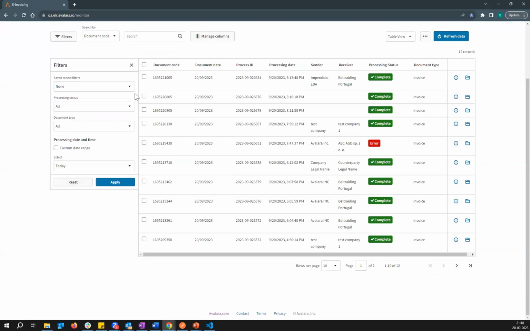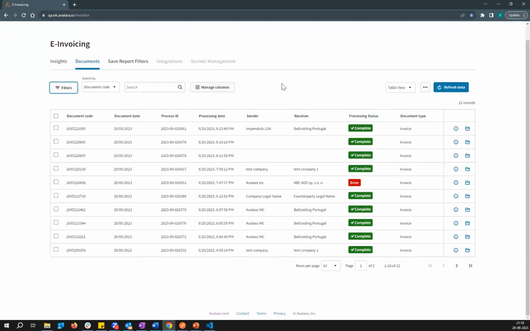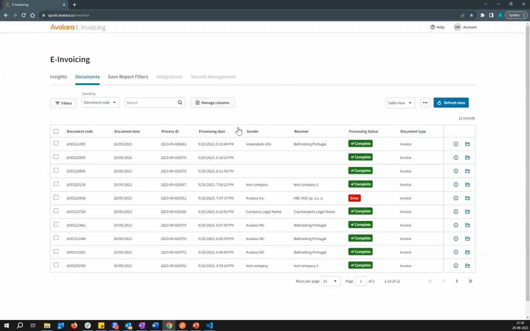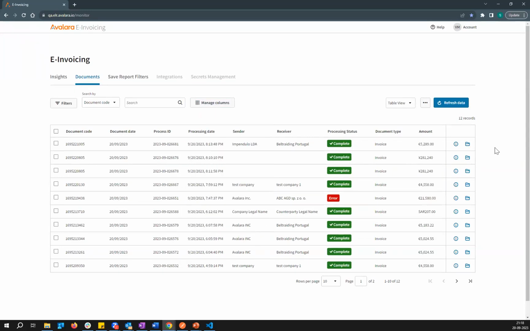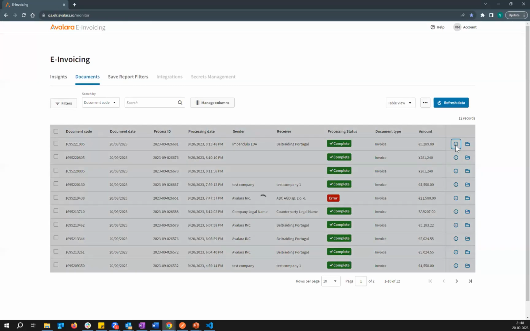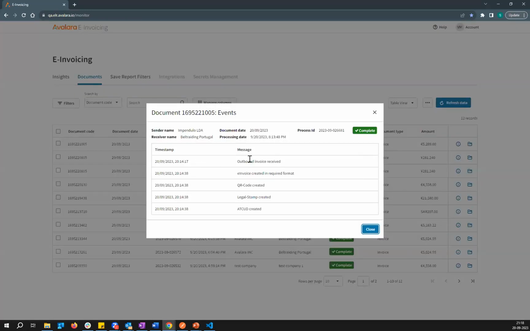Meanwhile, while that document appears here, I would like to talk about a couple of important features that we have in the monitor application. This is the basic grid, which will display all the information. You can customize this grid to see or hide columns. We have process logs, which show the events.